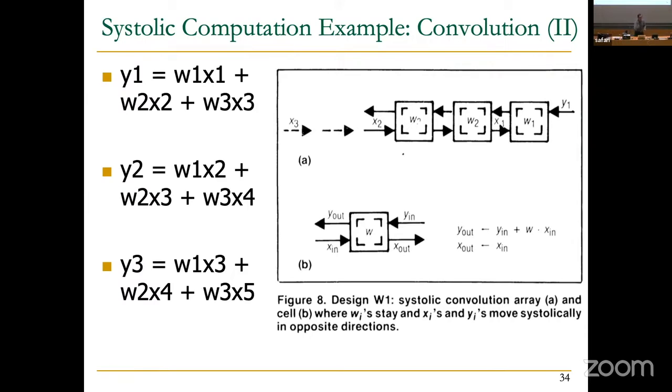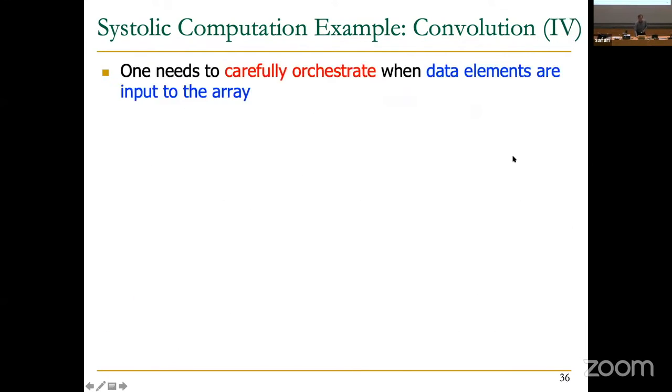So if you look at a general purpose CPU, you need to load Y1, X1s many times, W1s many times, and do the calculation with instructions and write the result back. This eliminates all of that. A specialized array structure does all of that for you. Okay, so you can optimize.